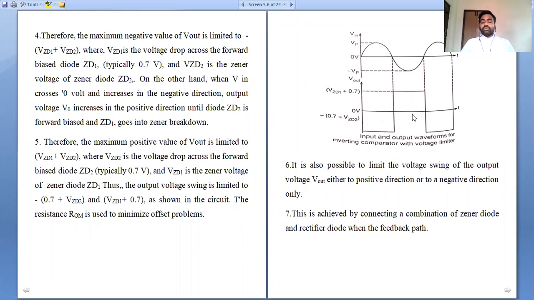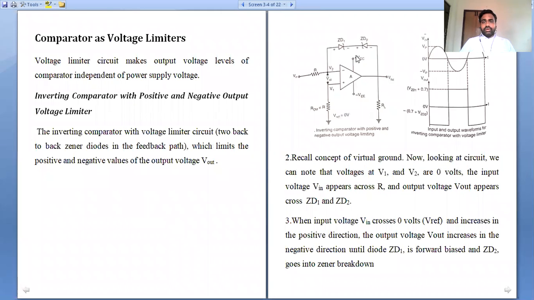So this particular output voltage scenario is explained in two instances. This condition will go on. That means here, in the application of voltage limiter in the comparator context, the output voltage is independent of input voltage. That's what we are saying. So in our first application, whenever the reference voltage is 0 volts, the input voltage is building from around 0.7 volts towards a positive peak. At that condition, the behavior of output voltage is negative. That means whenever the input voltage is positive, the output voltage is negative, and it is minus Vsat.